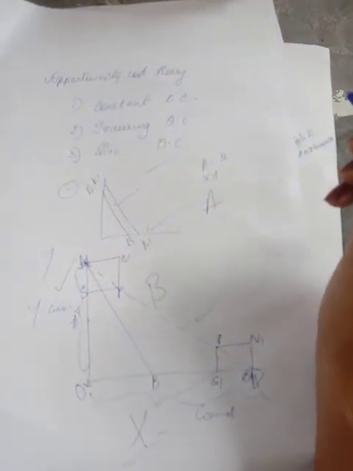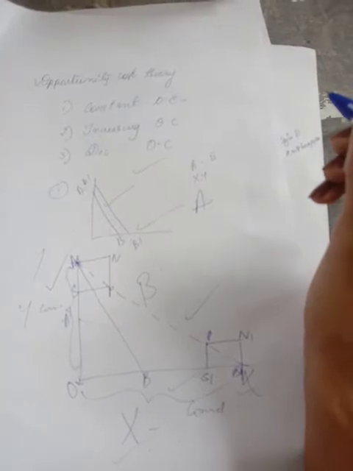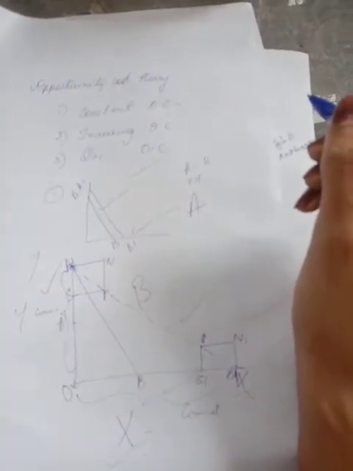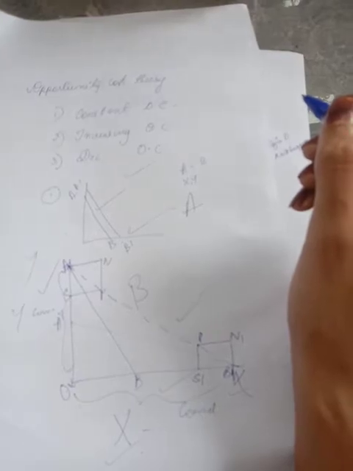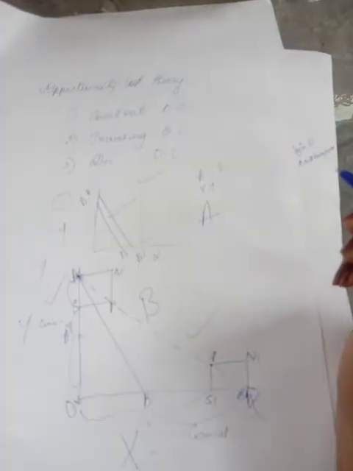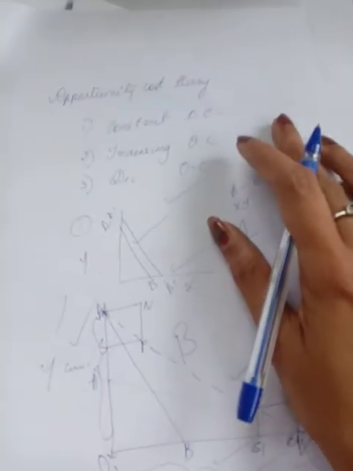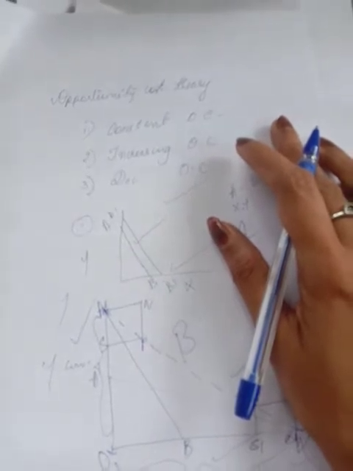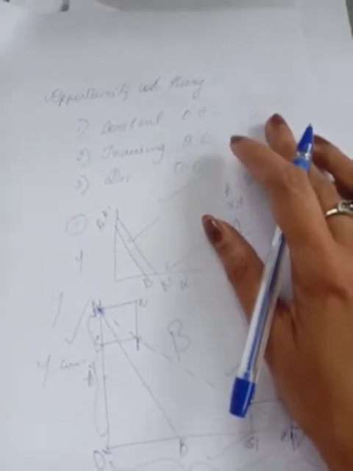Country A is having an advantage in producing commodity Y, and country B is having an advantage in producing commodity X. So here Y and here commodity X is marked. So what happens? The exact condition is that if it is constant cost, there is no difference in cost of production. So there is no point in international trade.